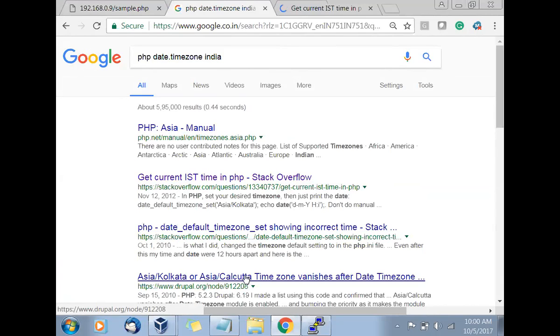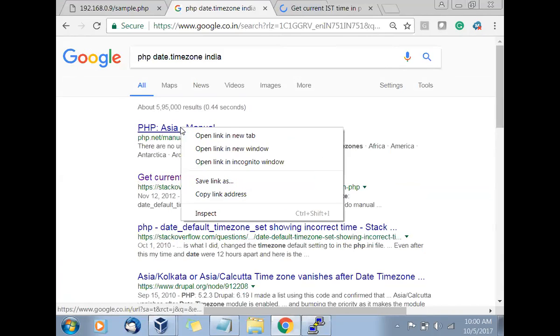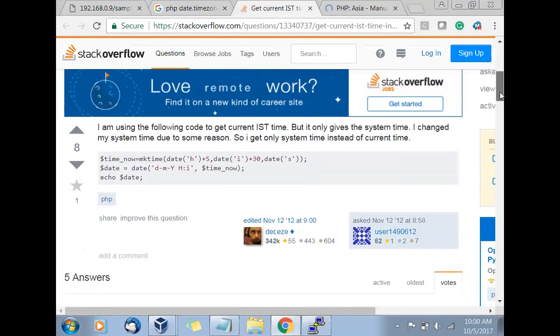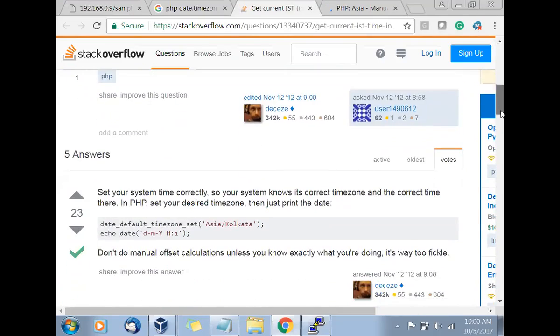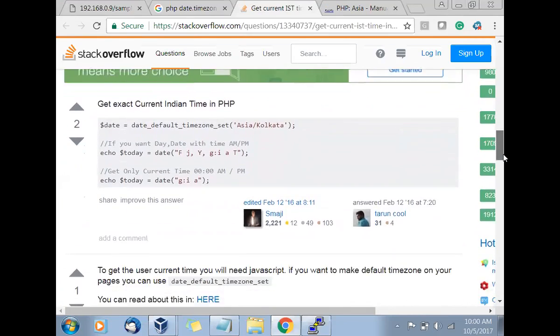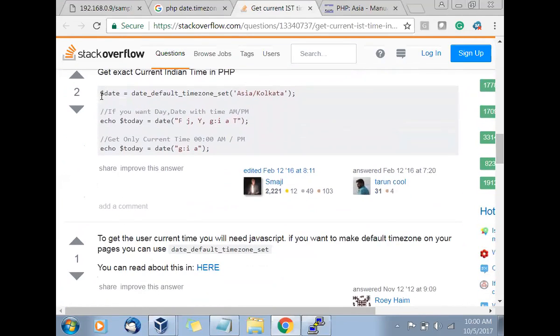So there are a lot of ways you can define. We'll try to go with that. So what it says, go ahead and set up the date time zone. Either you can directly say the date time zone here, Asia, Kolkata, or set default time zone to your default.